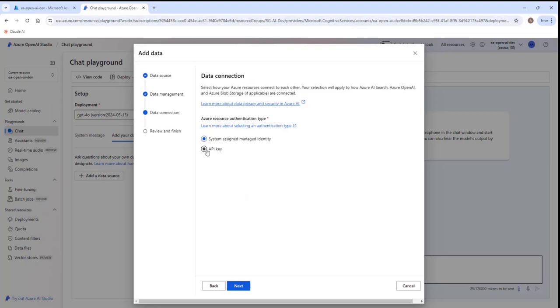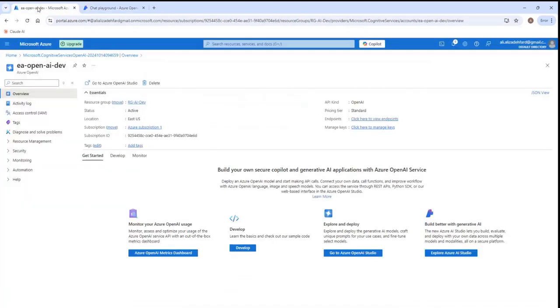Before going to the next screen, we need to go back here to the Azure portal and grant two required permissions for our OpenAI service. So if I go back to